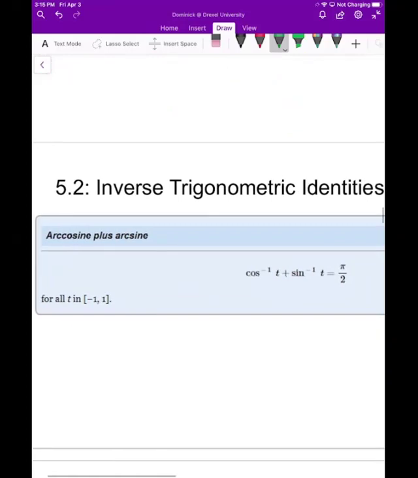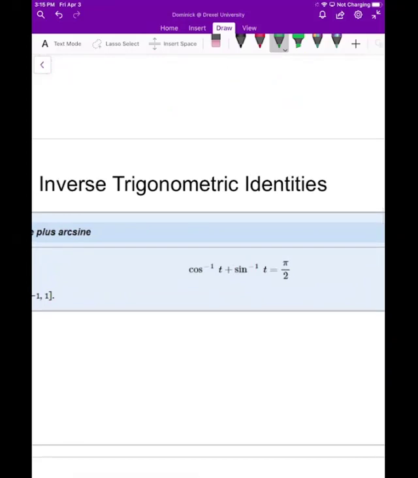Okay, now the last identity that we'll talk about in this video is the identity where the inverse cosine of a number between -1 and 1 plus the inverse sine of a number between -1 and 1 is always pi over 2. Okay, now you can always show this,